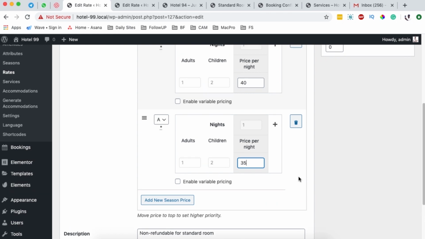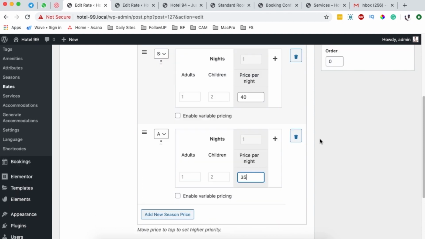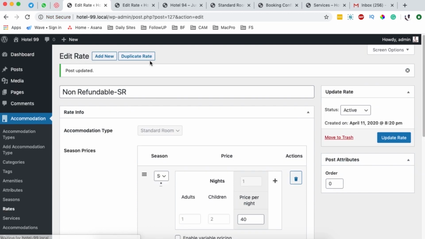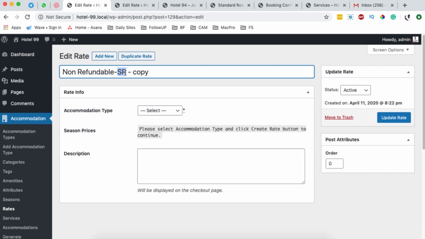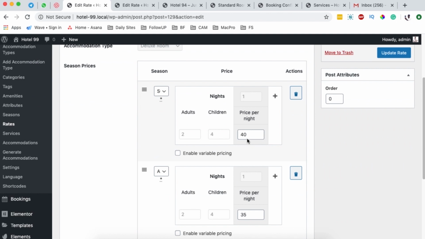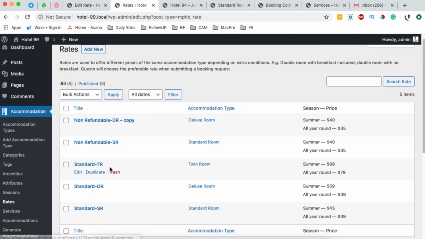But if they book in summer, of course our booking system will prioritize the summer season rates. So what I'm going to do is simply update. I'm going to duplicate this, and then I'm going to edit, and I'm going to change the room here to DR. Here I'll describe non-refundable for deluxe room. So I update, and then when I come back here to our ratings and we look into the standard